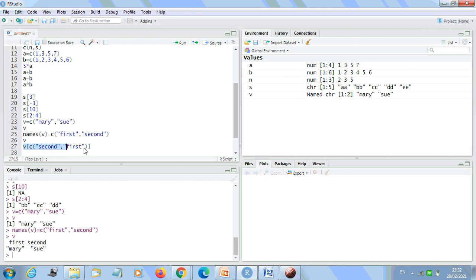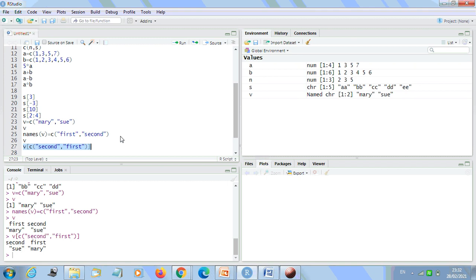Let me execute it and print this. See, this is second with Sue and first is Mary. So whatever sequence you want, you can manage from here itself.